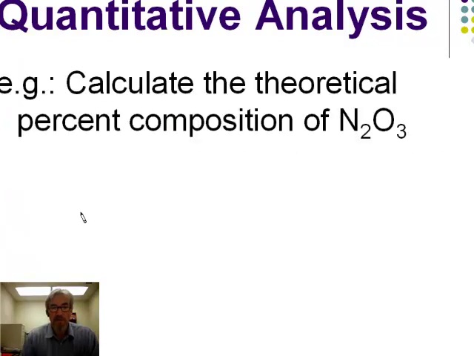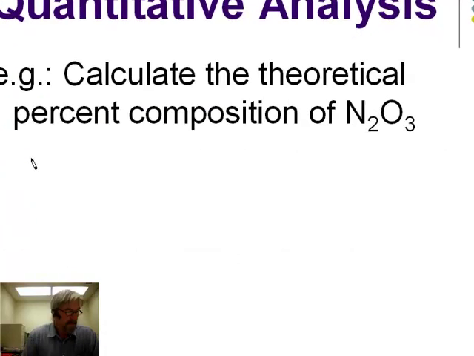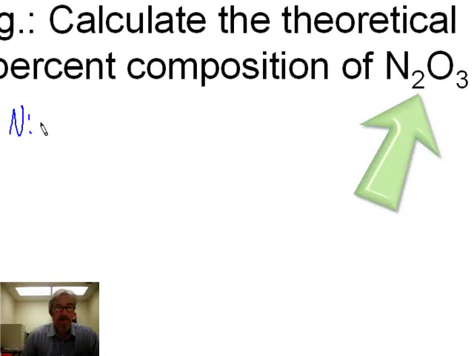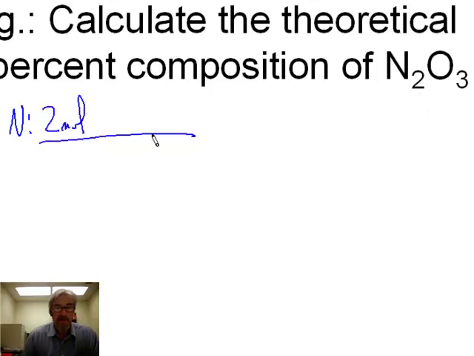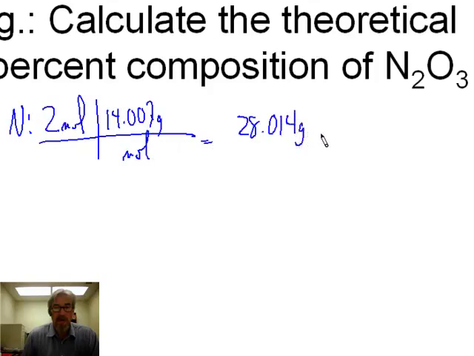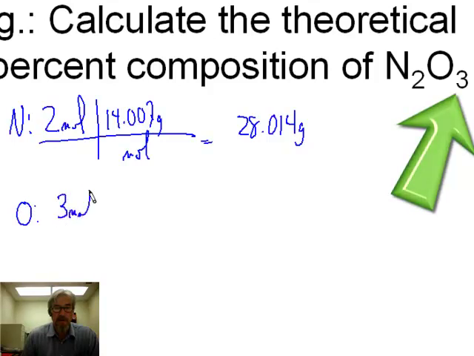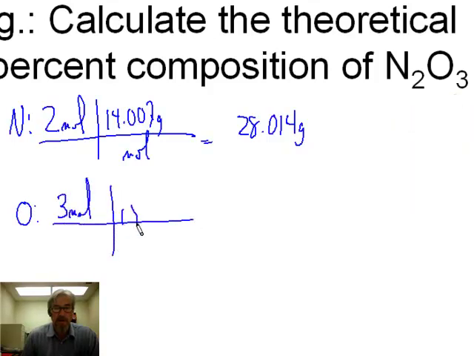Here's an example, N2O3. It's got two elements in it. One's nitrogen. Nitrogen has a subscript of 2, so that means 2 moles times nitrogen's molar mass, which is 14.007 grams per mole. And that tells you that you have 28.014 grams of nitrogen in your compound. I can do the same calculation for oxygen. 3 moles, because the subscript is 3, times 15.999 grams per mole. That's the molar mass of oxygen. And that gives me